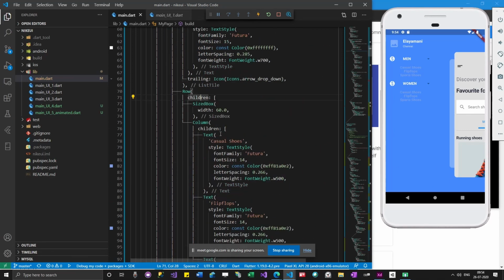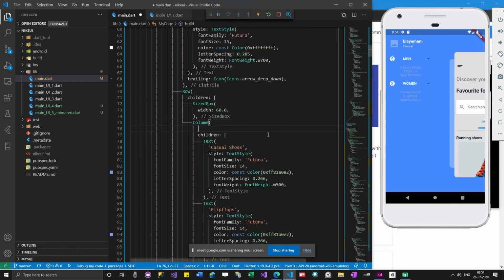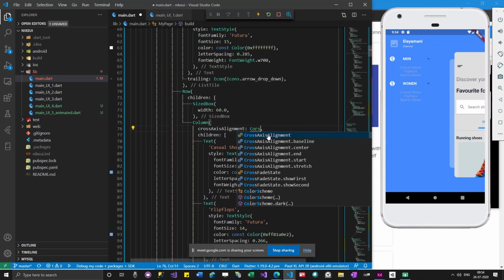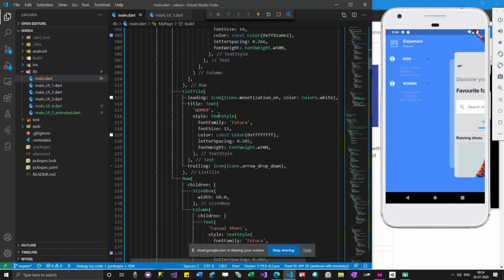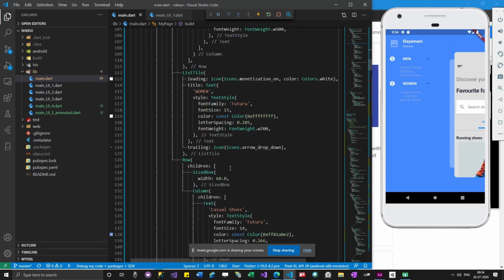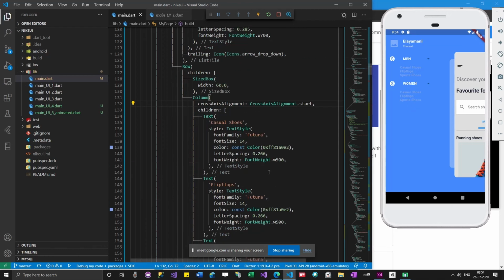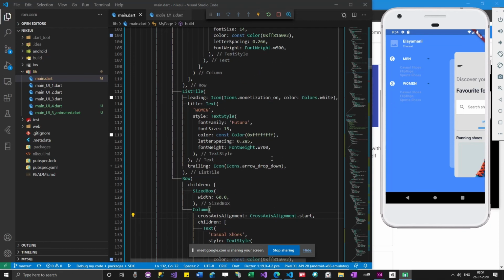So I can go to the column, cross axis alignment. Okay, now looking better. Okay, now looking much better. So let me change this color also.